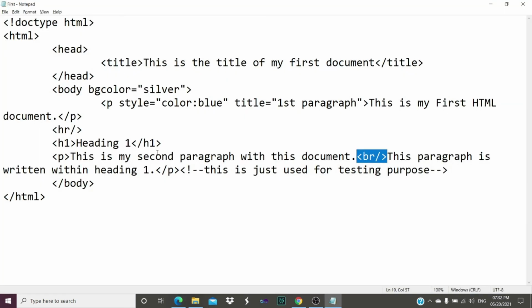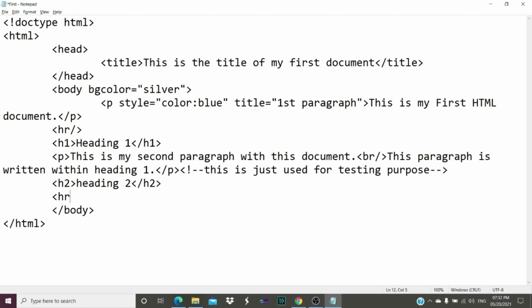Now, as we have seen, there are 6 different heading tags, and we have used only one. So let's do one thing. We will specify other heading tags also, so we will be able to know what is the size of the text which will appear within all those heading tags.